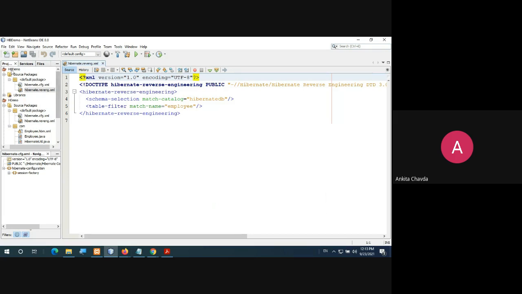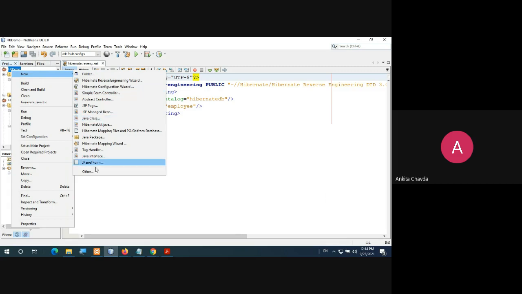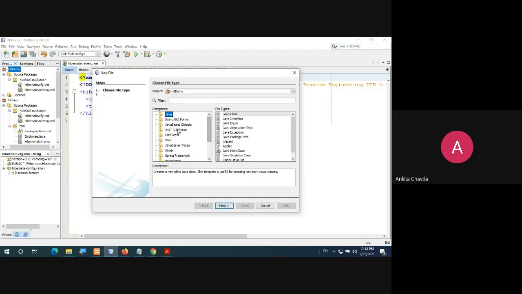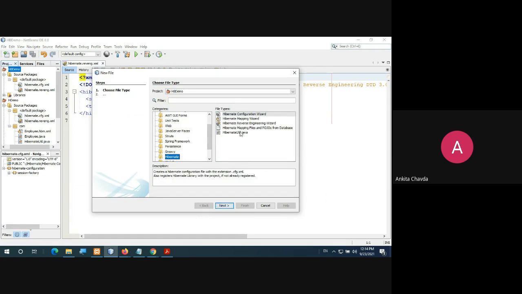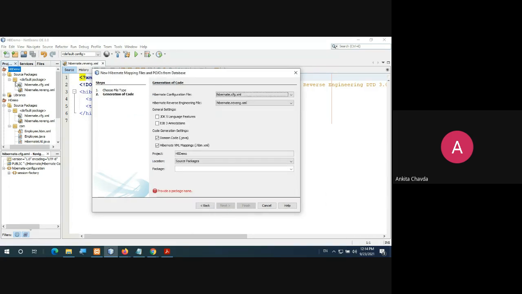Fine. Now again you just go to this New and this POJO mapping file. You need to select it in this Hibernate, and you can check, automatically the files will be created over here, because as you can see, you don't have any kind of package.